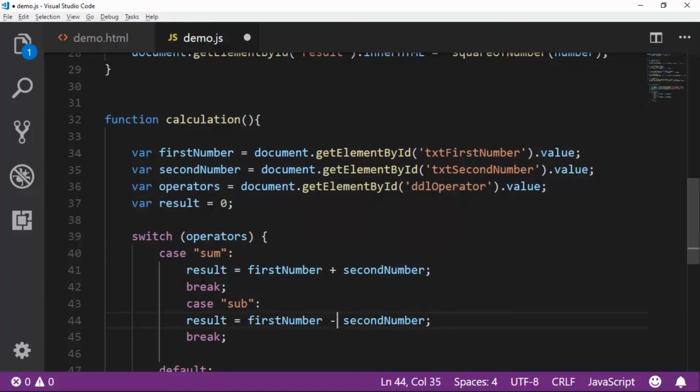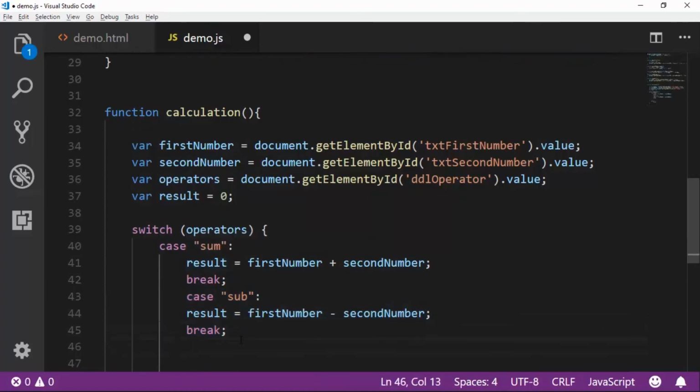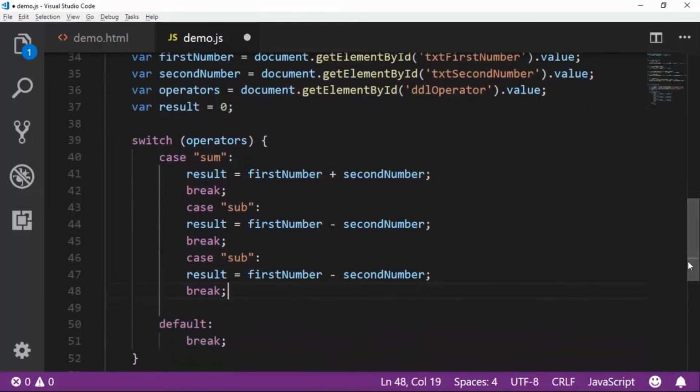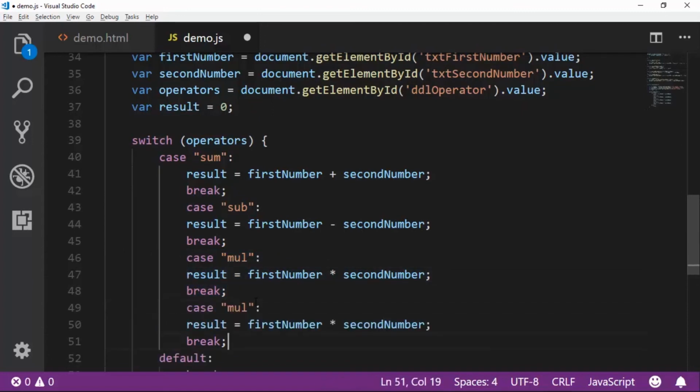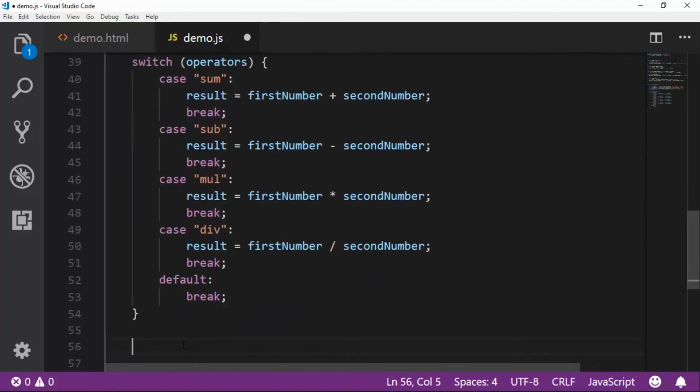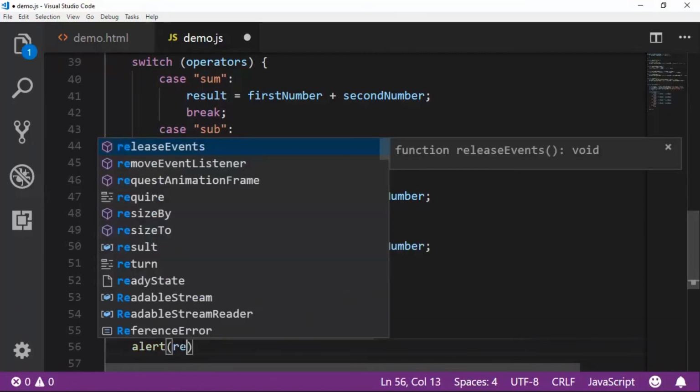result will be like that, sub, if it is multiplication, then mul, this is, let's copy it, and if it is division, division. Okay, so Alt Shift F to format the code. Let's first alert the result. Okay, result,